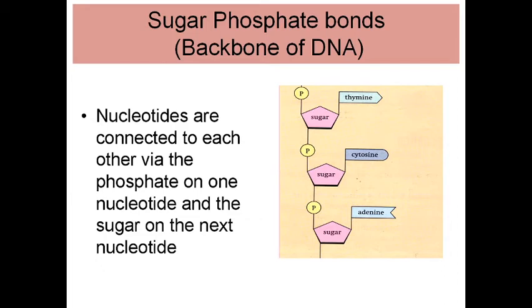In a nucleotide, the pentose sugar is linked with the nitrogenous base by a beta N-glycosidic bond. The bond is formed between C1 of the pentose sugar and N1 of a pyrimidine base, or it can form a glycosidic bond between C1 of the pentose sugar and N9 of a purine base. So if the base is a pyrimidine, the bond forms between C1 and N1. If it is a purine, the bond forms between C1 of the sugar and N9 of the purine base. They form a glycosidic linkage.